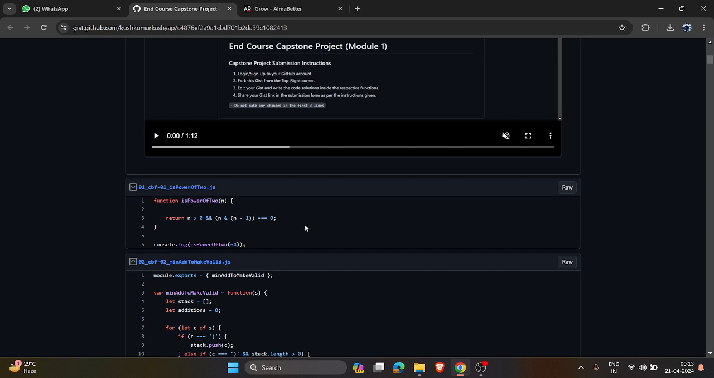In this question, the code defines a JavaScript function called isPowerOf2 that takes a single parameter n. Here's a breakdown of what the function does. n is greater than 0. This condition checks if the input n is greater than 0. This is the first requirement for a number to be a power of 2, because all powers of 2 are positive. Then n & (n - 1) equals 0 checks if n is a power of